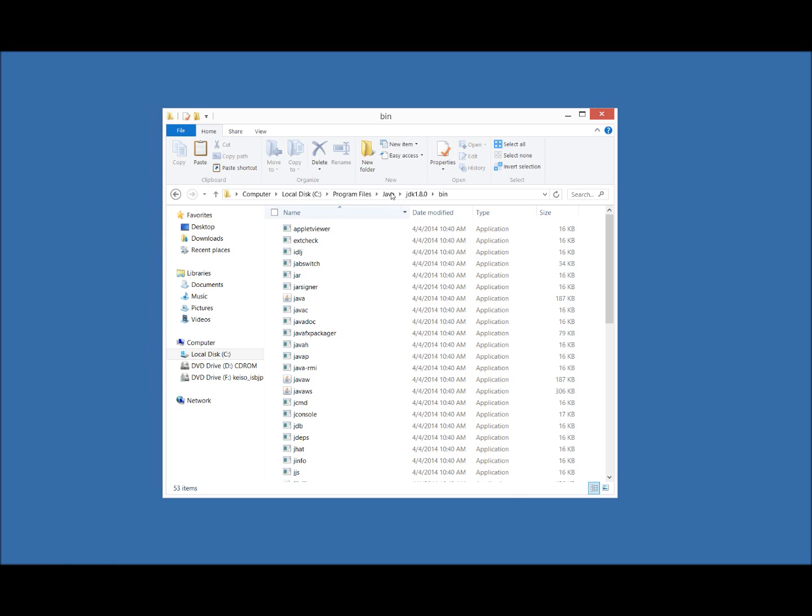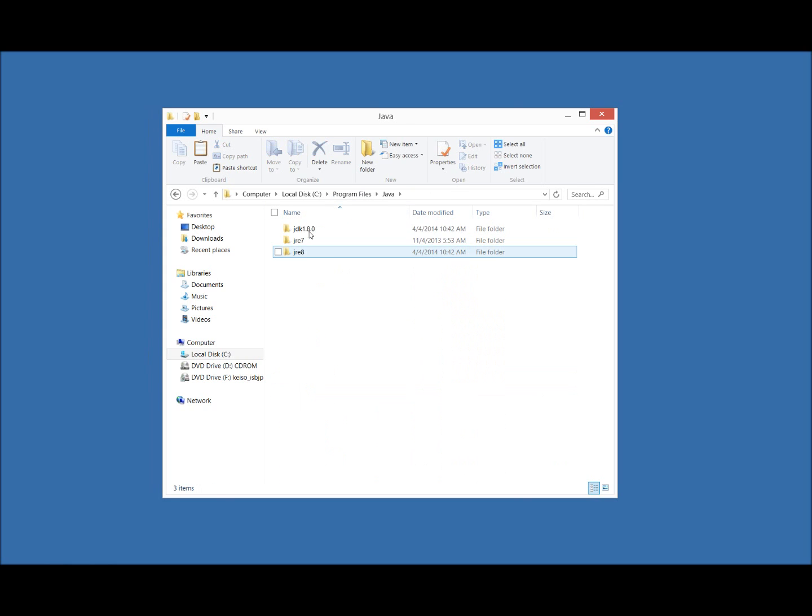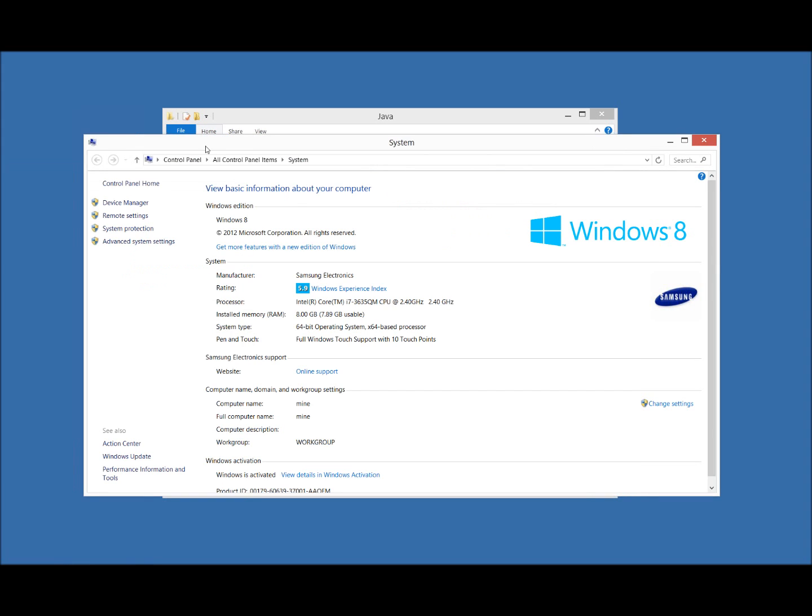So there's something interesting I need to do in Windows. I need to add this folder to my Path environment variable. This is rather important, and I'll tell you what I need to do here. If you go to your control panel,